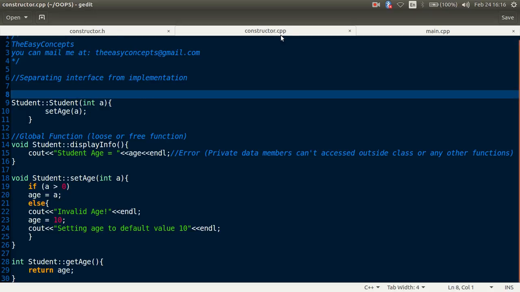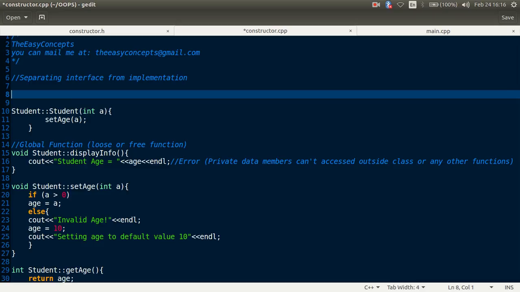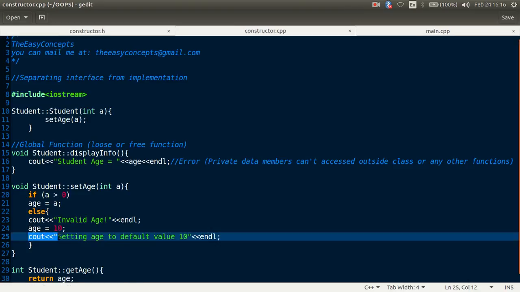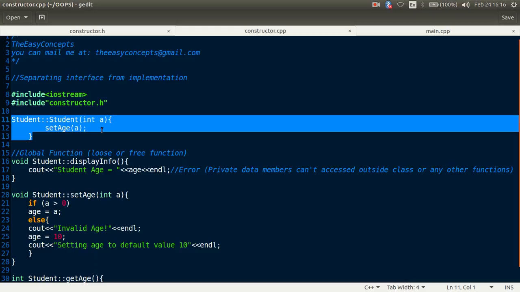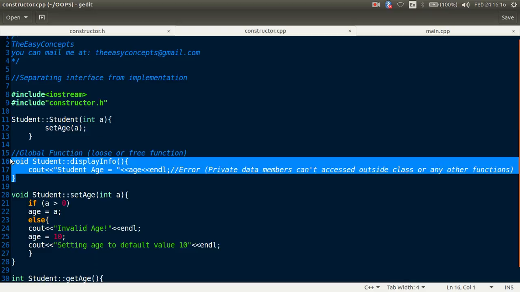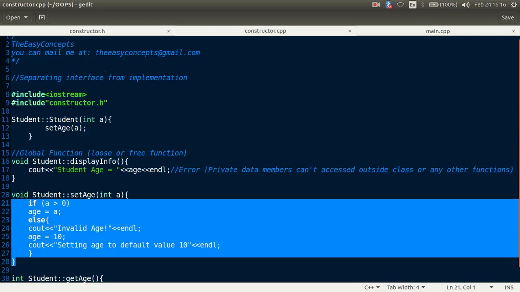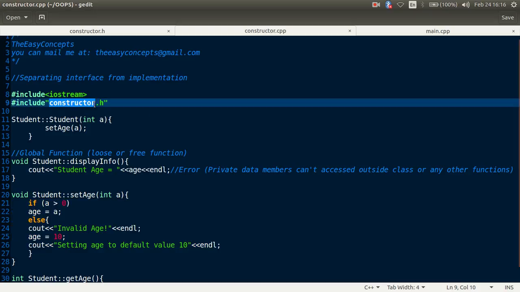with the extension .cpp. But we should also include the header file iostream here, because we are using functions like cout. Another thing we should include here is constructor.h, because it should know the prototypes of all the functions defined inside constructor.h.